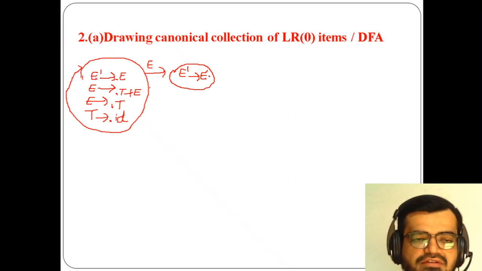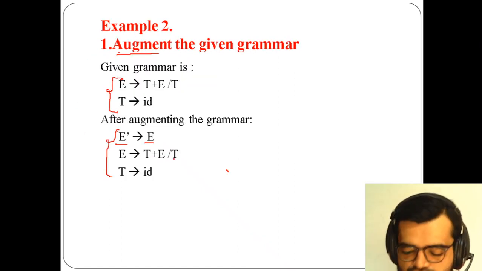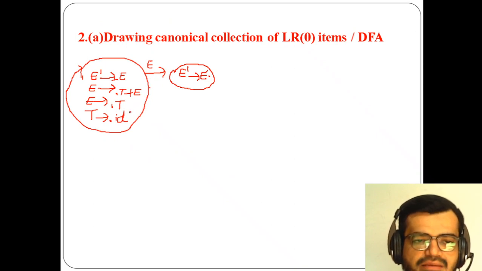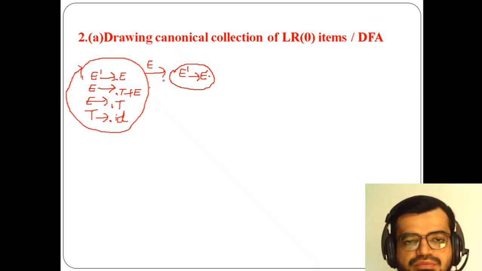First thing is that in the first production, if you observe, E dash of dot E is there. So you need to read E. So here I am reading E. When I am reading E, there are two productions of E, right? What are the two productions? T plus E and T. So I have to read both the productions, T plus E and T. And when I am reading T, after the dot in the second production, T is there. So I am reading T, so T dot ID here. Again in the third production, the dot is before T, so again I am reading T of dot ID.